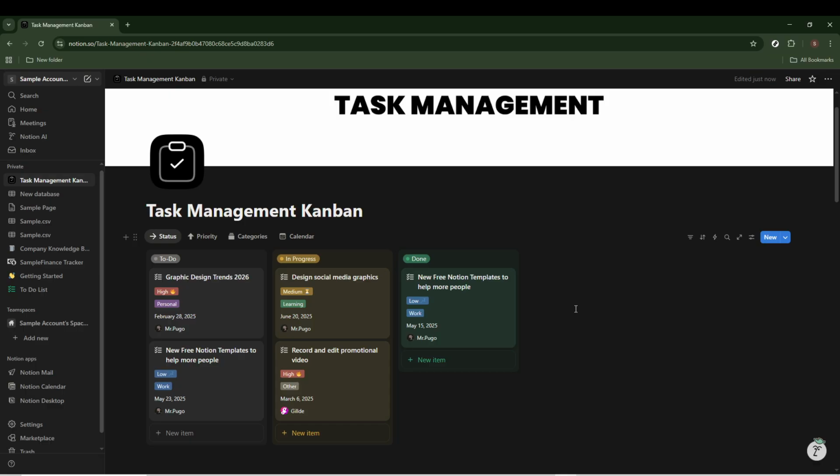And that's it. You've successfully created a task management system in Notion using a ready-made template, making organization and productivity